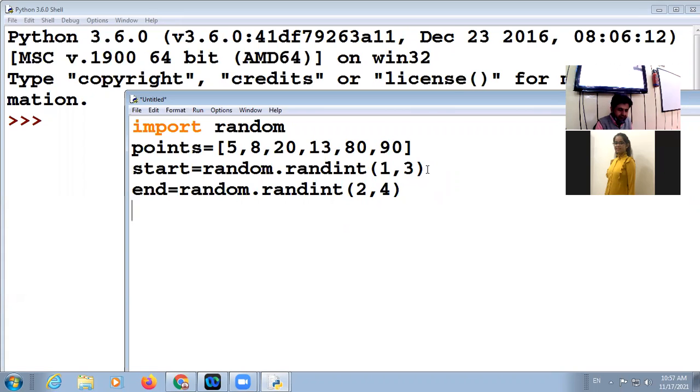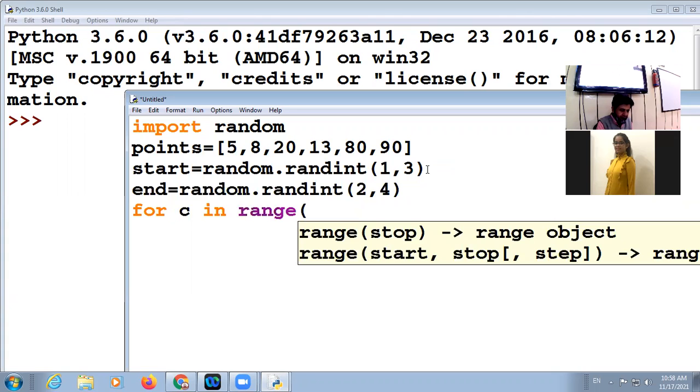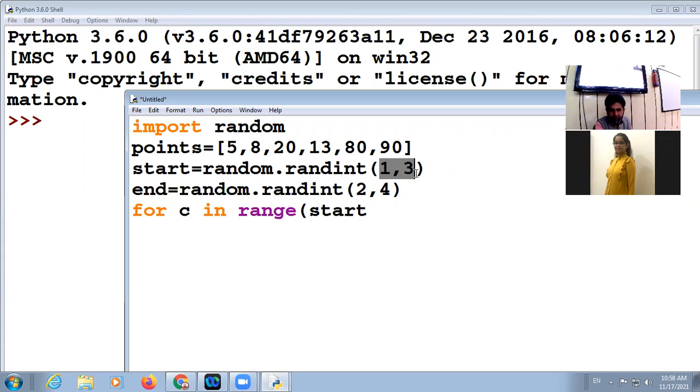Now next, we are using a for loop: for C in range start. It means we will start from this value, 1 or 2 or 3, and end plus 1. So end plus 1 means it may go up to 2, 3 or 4.